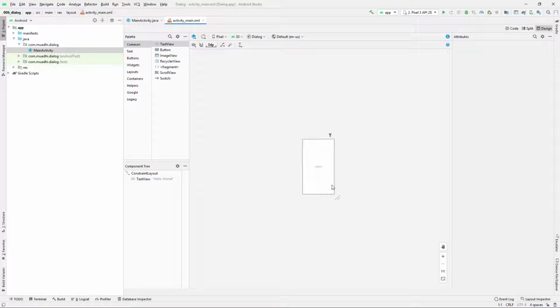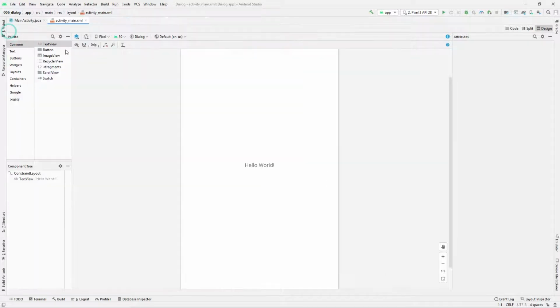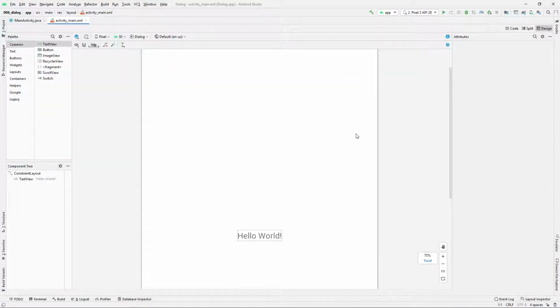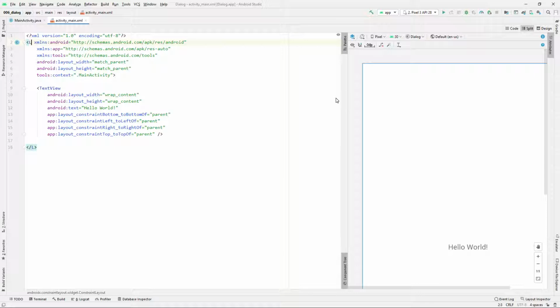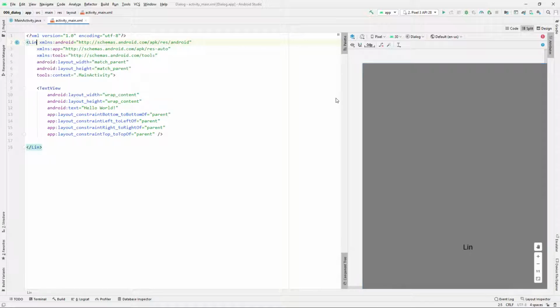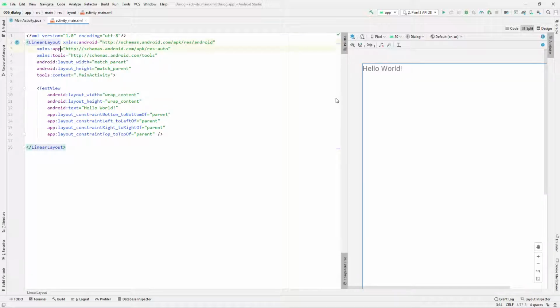I'm going to zoom so you can see clearly, and I'll split it here, and I'm going to change this one to linear layout,